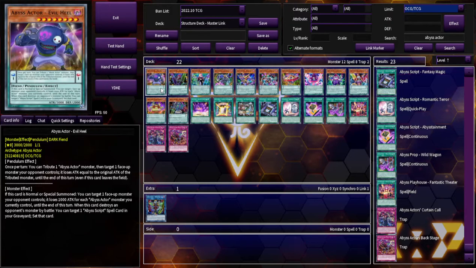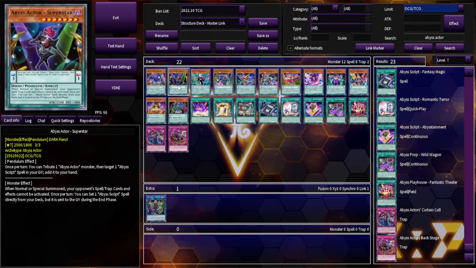But that's the only... I mean, the effect isn't that good anyway, so it's probably not an inclusion in the deck at all. Abyss Actor Superstar. You tribute one Abyss Actor monster and then target one Abyss Script in your graveyard. Add it to your hand. I'm curious to know...